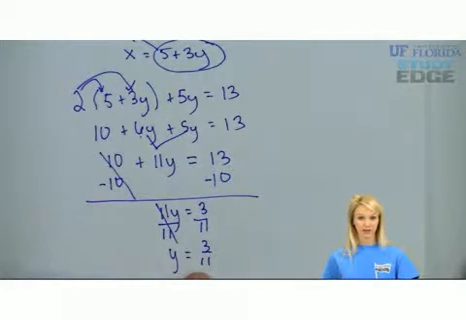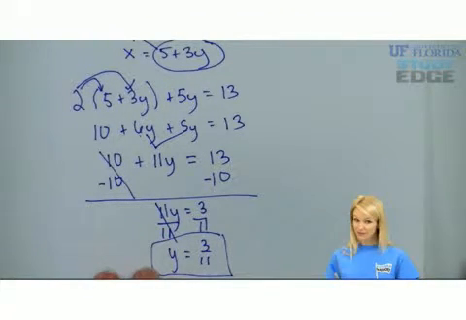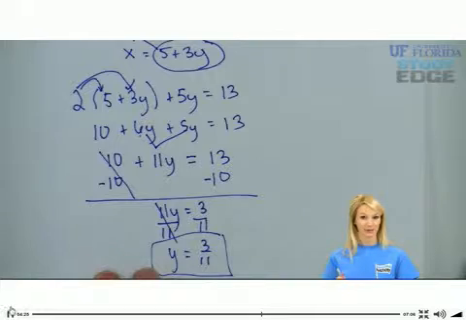Can we simplify 3 divided by 11? No, so we just leave it as is. Well, now that we know what y equals, we've got half the problem. We still need to figure out what x is equal to. So